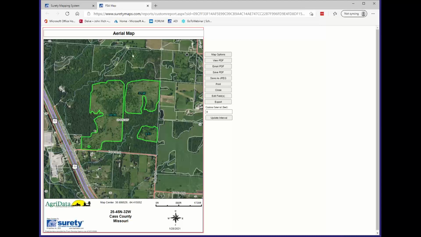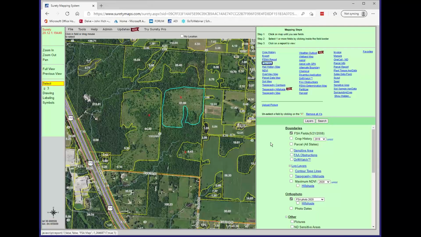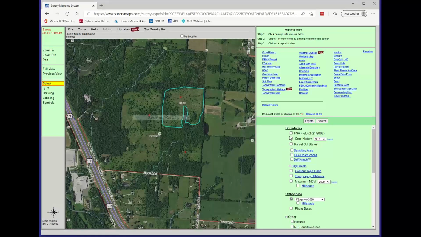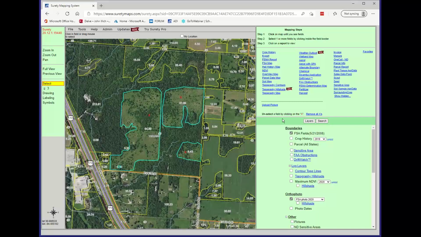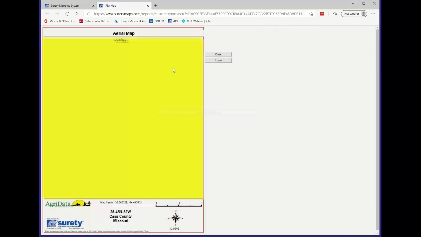If you do not want the FSA or another layer showing in the background, like in this case white, what I would do is come in after you've done your selection and you just turn those off. Oh, I'm sorry, I'm thinking of a different tool here. Come in,